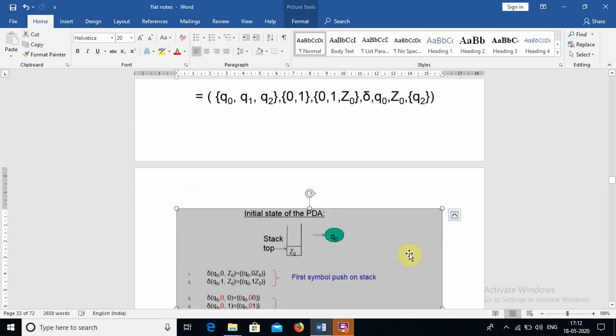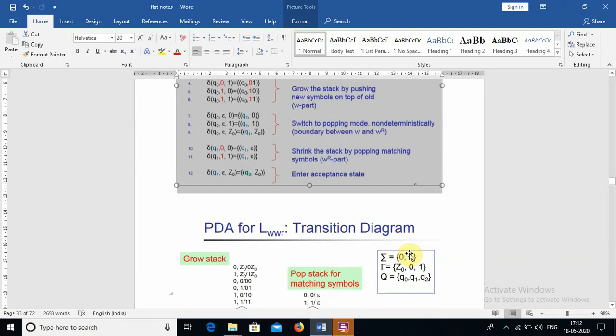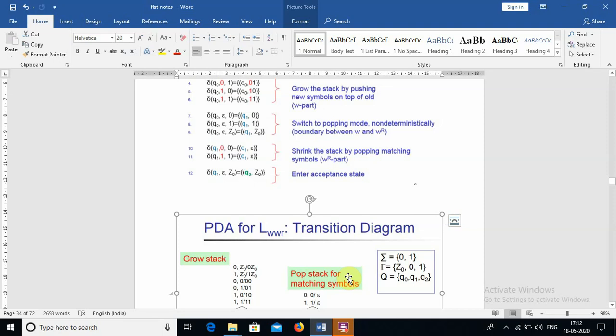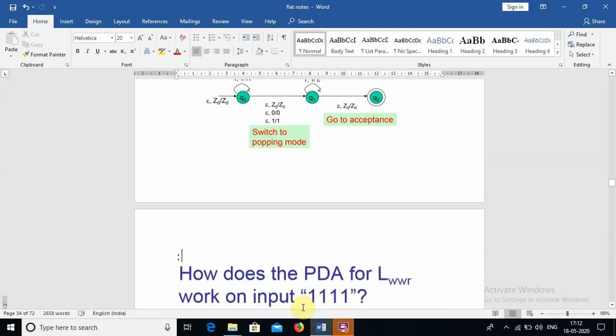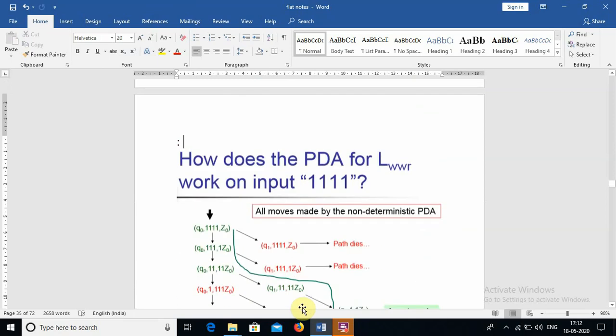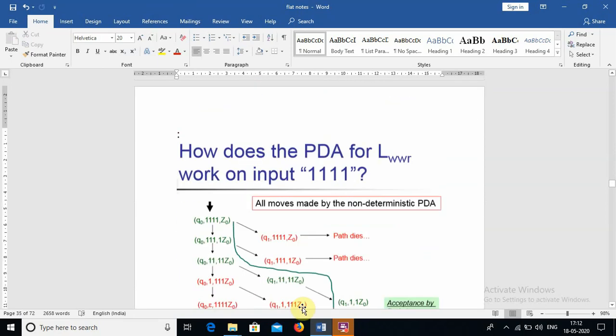This is another way. See the examples. As already told in the early classes, instead of an arrow we can also use a forward slash, so this diagram implies that. For this transition diagram we are checking the input of four ones. Construction of a PDA is easy if you know what a transition function actually is. From the transition function you have to convert into the graphical notation.